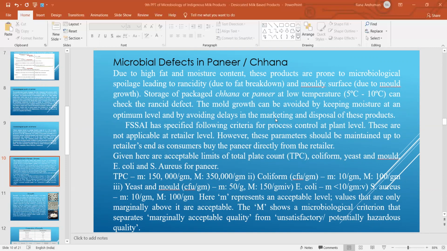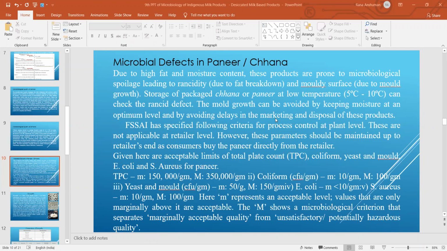We have already discussed a lot about the different factors which generally affect the growth and activity of different kind of microorganisms. So whatever condition you are giving after giving certain type of heat time temperature combination or processing treatment during manufacturing operation, that will dictate that what kind of microorganisms will be there in the product and what not. So accordingly you have to choose a condition, a temperature, and you have to maintain a very good hygienic condition after the production of these products.